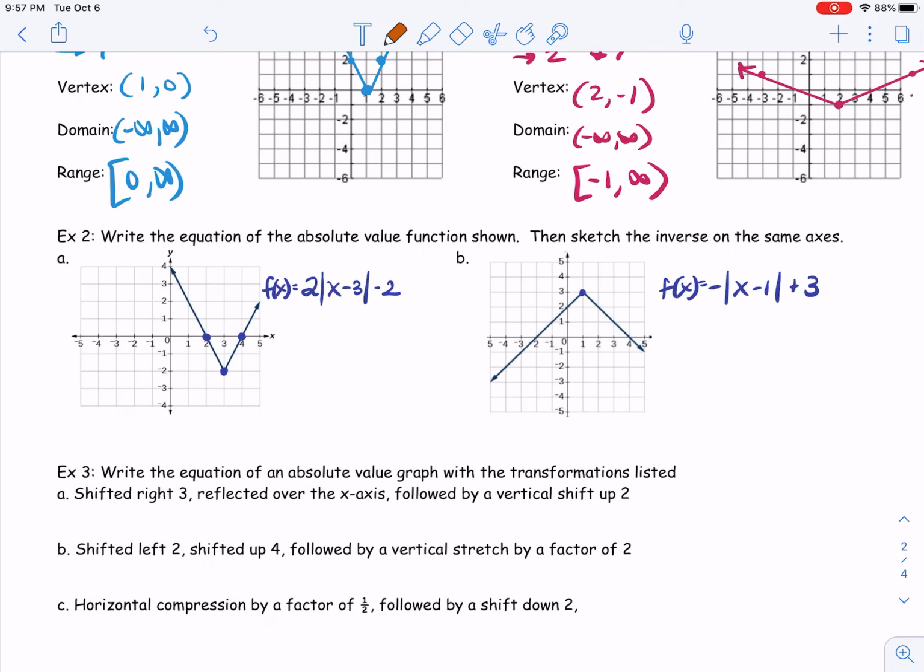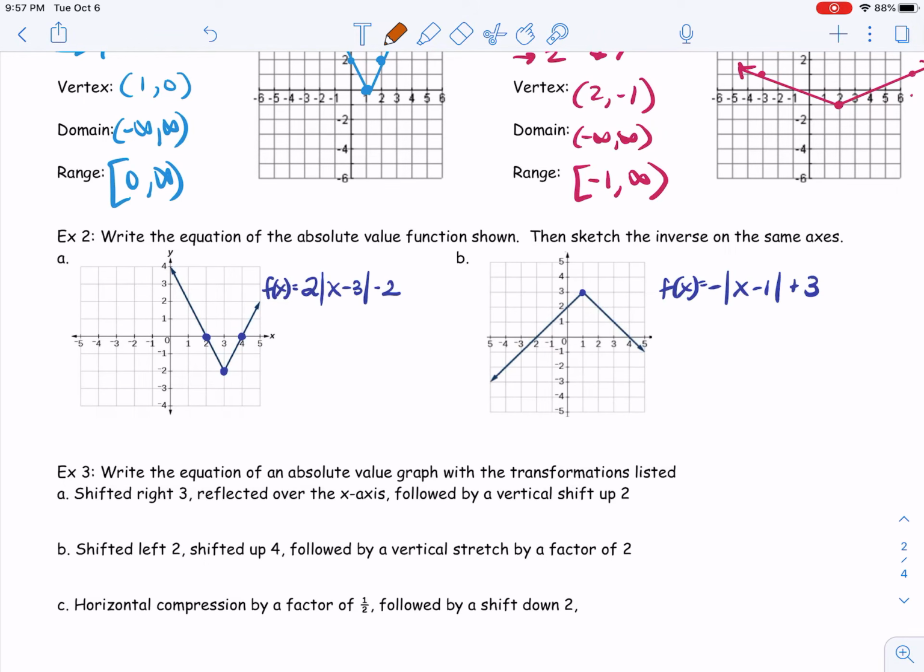So remember, for inverse, it's a 2-step process. The first step is switching the x and y, and the second step is solving for y. That's to find the inverse of a function. To graph an inverse, I just need to do that first step. I just need to switch the x and y coordinate and then graph it, okay? So I'm going to do that. I'm going to pick some points on my original function, switch the x and y, and then plot that new